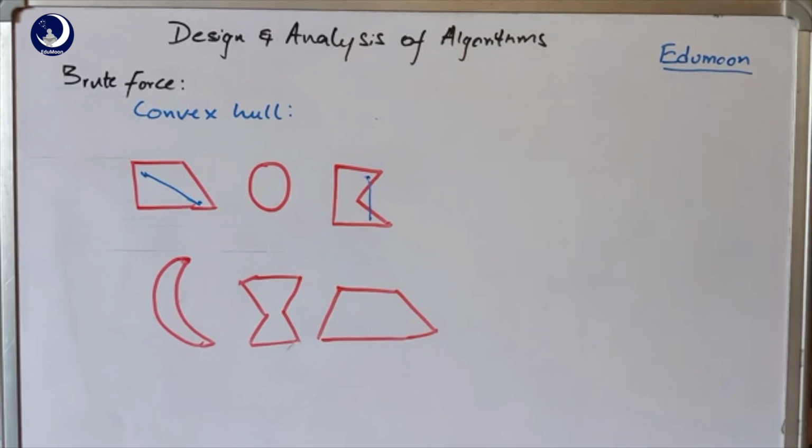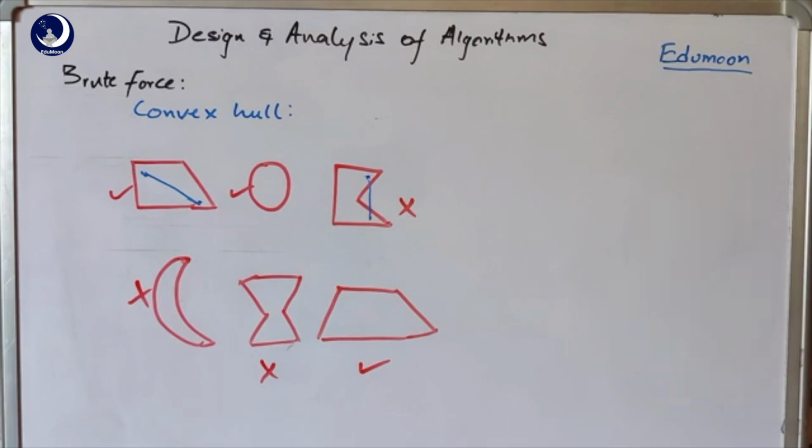Similarly, if I consider all the remaining images, the first one is convex, the second one, a circle, is also a convex shape, the third one is not a convex shape, and the fourth one, which is like a crescent moon, is also not a convex shape. The images which I have given a tick mark are the convex shapes, and those with a cross mark are not. So this is the definition of a convex shape.